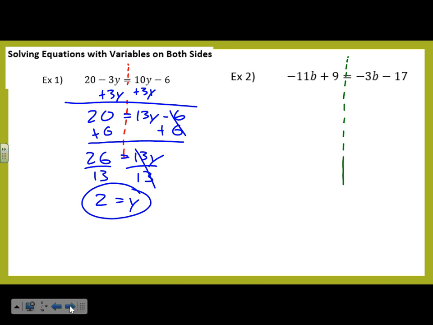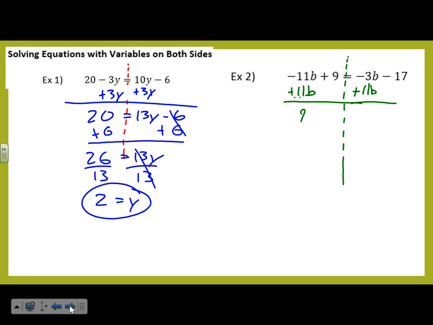Same thing over here. So again, if I add 3b to both sides, that's totally fine. You'll get the right answer. You just end up with a negative 8b, which is great. You'll get the right answer. I just like to try to make it so we have a positive. So if I add 11 instead,